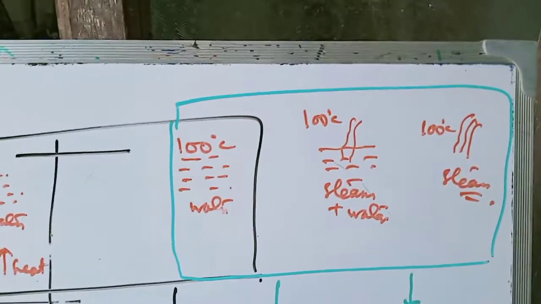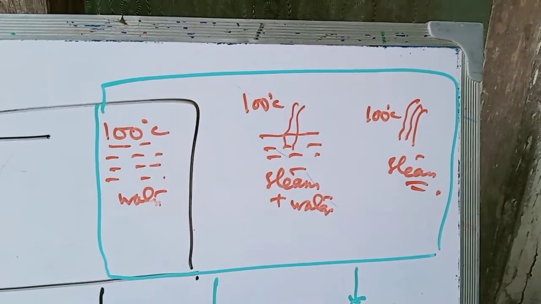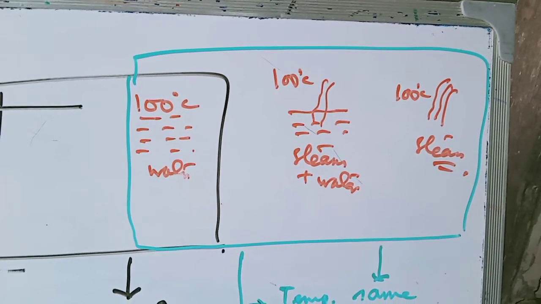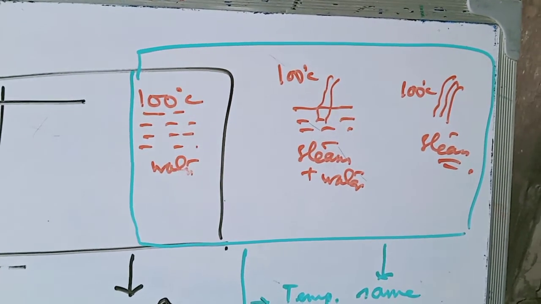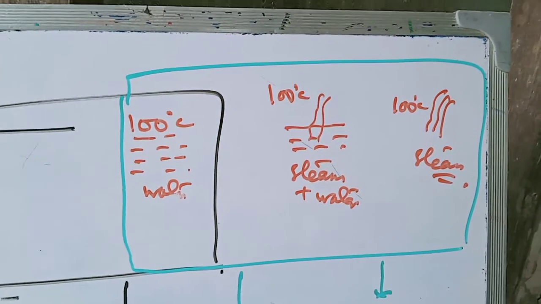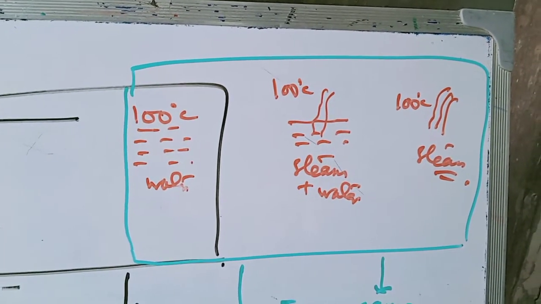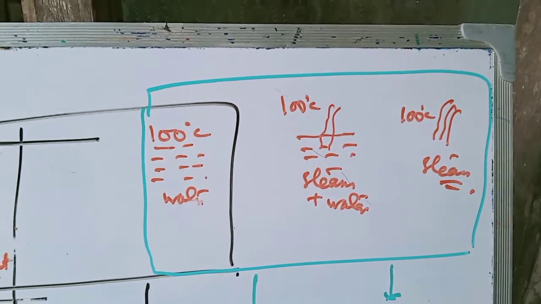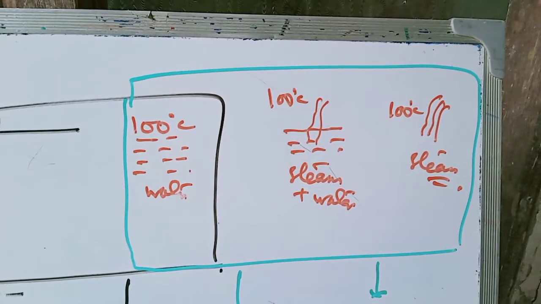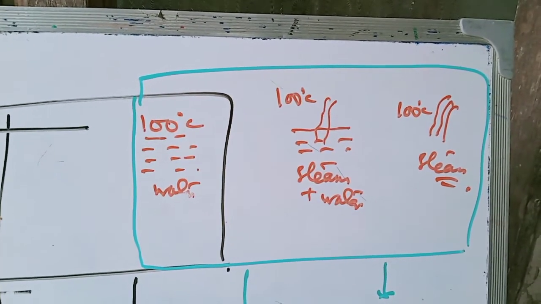Now if heating is continued, then water will get completely converted to steam. When change in state is occurring, the temperature remains static at the boiling point of water, that means at 100 degrees Celsius. Here the heat energy is used up to increase the intermolecular space of water molecules. Some energy is required to overcome the intermolecular force of attraction of liquid molecules. That energy is supplied by the heat energy and is not manifested in the reading of the thermometer, because the heat absorbed is used up to increase the intermolecular space of the molecules.